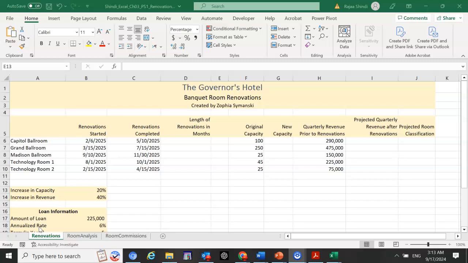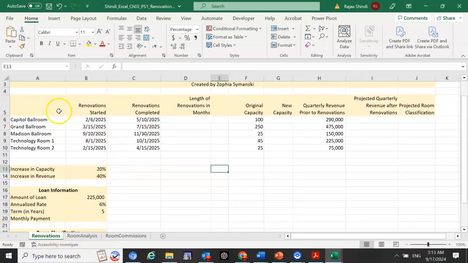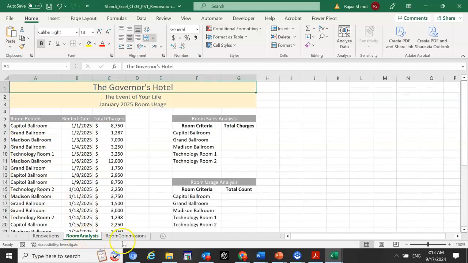In this video, I will also guide you through Chapter 3 assignments, the Excel assignment. This one we will be using mainly the built-in functions to solve the problem. So we start with the renovation Excel sheet. Before we start, always look at the problem, see what you have in terms of data on your Excel sheet,